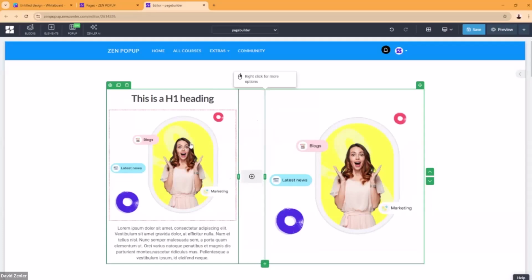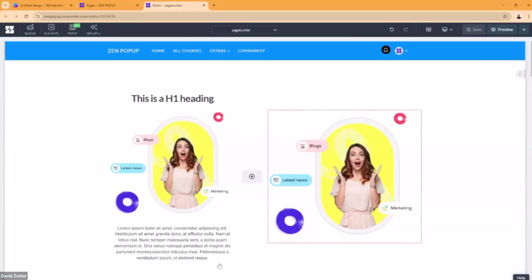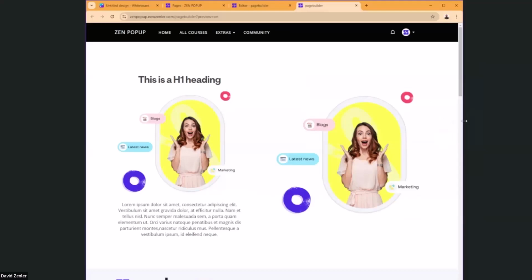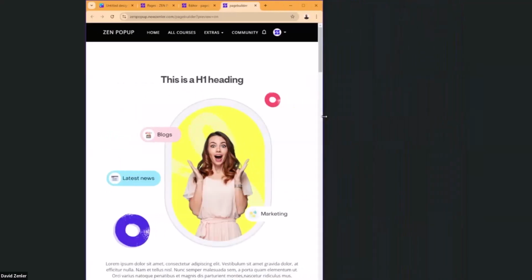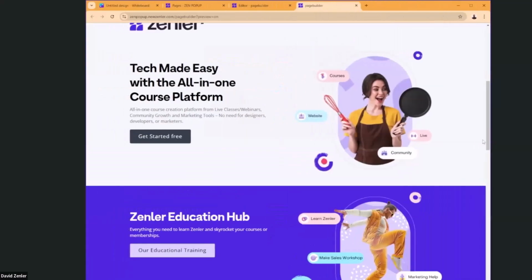So if in responsive mode we were to look at this page, this will stay at the top and this image will drop down. And let me just prove that to you now. So if I just save this and we just go to preview mode, you're going to see that this bigger image will drop underneath here. And although we have stuff in here to be able to turn off per device, which we're going to get to, that's what happens. See how it's dropped underneath?